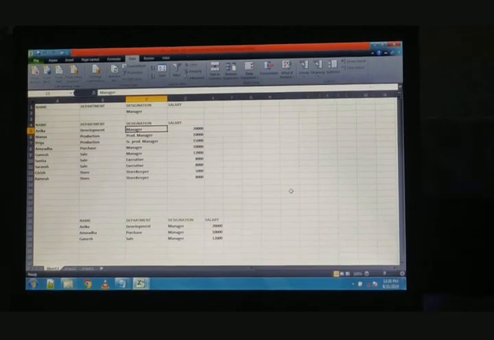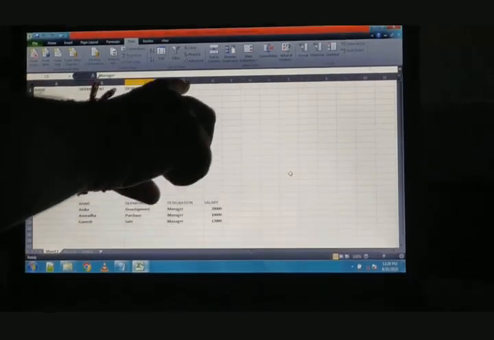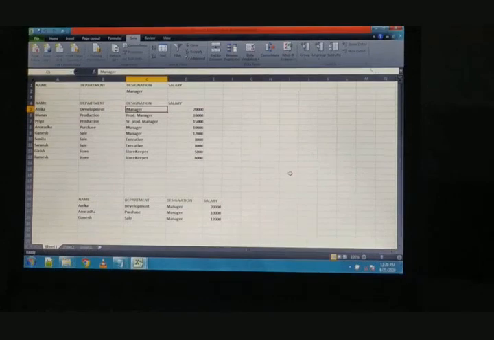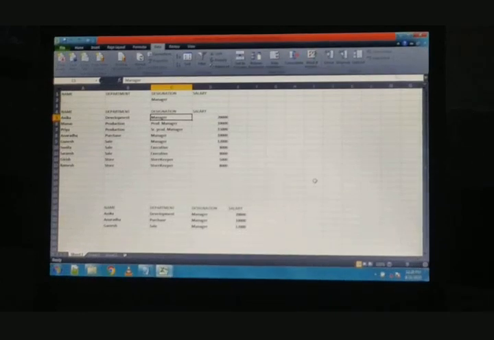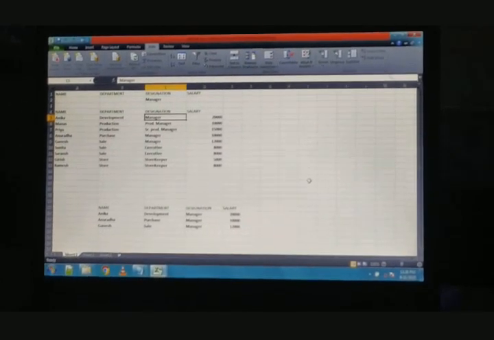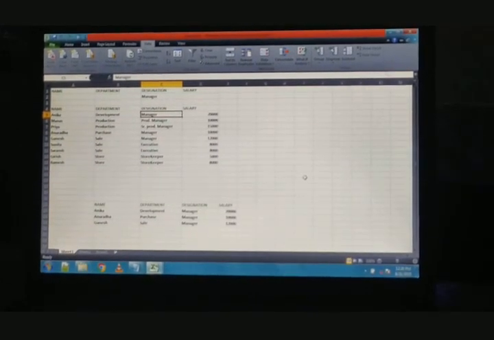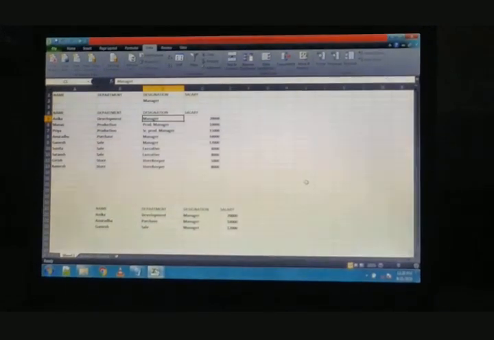So firstly, for applying the advanced filter, you have to define the criteria range or criteria condition, that is salary equal to 10,000 or designation manager, department, anything. After that you have to define the copying location, meaning the location where you want to display the filtered record. And these positions are defined using absolute reference. Okay students, so this is all about advanced filtering.